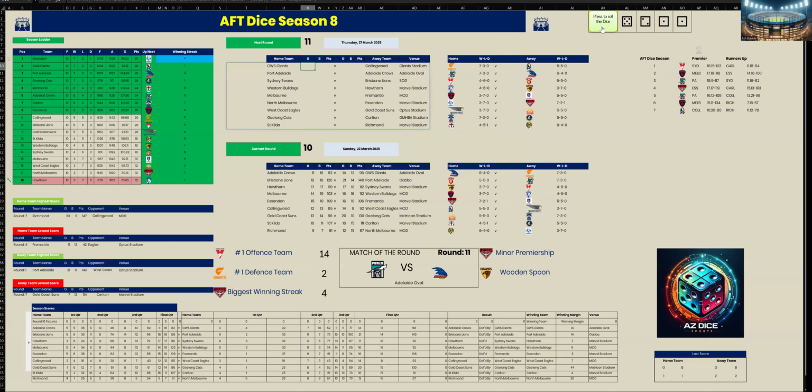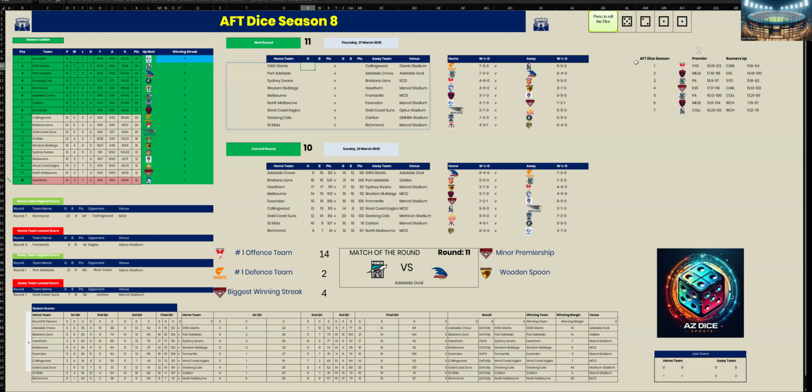And then we've got the remaining four teams: Richmond in fifth place, Adelaide Crows in sixth, Carlton in seventh, and Fremantle in eighth. And then we've got Collingwood, Brisbane, and Gold Coast on 20 points with less percentage than the teams in the eight.